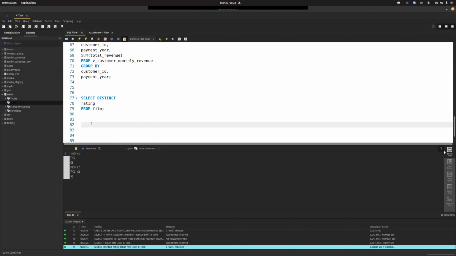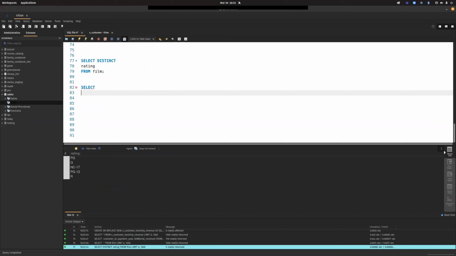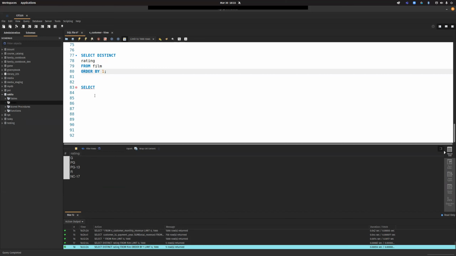The easiest way to pivot data in MySQL, because there actually are some databases that support a pivot function, but MySQL does not, is to just use a case statement. So I'll just show you this one. Because we want each rating, let me order this so it's in order. All right, so if I want to go through this order,